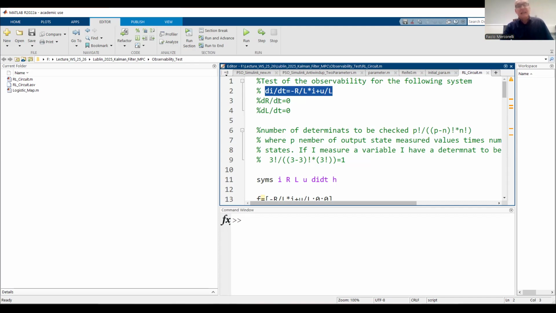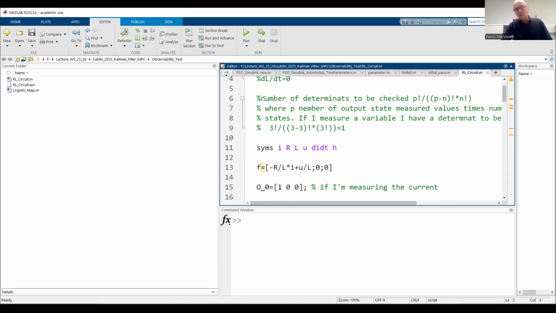And we have the augmented state R, and the augmented state L. Look what we have here. I express more concretely what I told you about the number of measurements in output, no? State, measured state. Moreover, I also put here more in depth the concept of how many determinants I have. Look, I can demonstrate, I don't have time, that the number of determinants to be checked is this one. This means